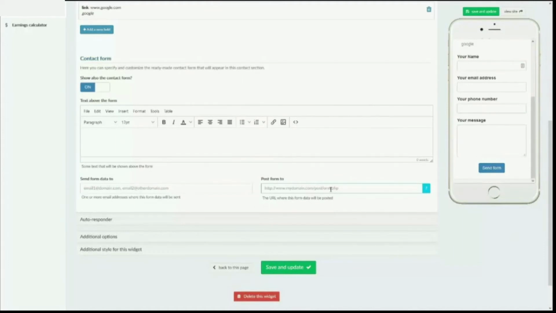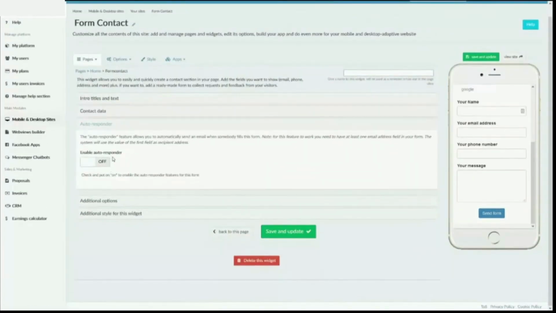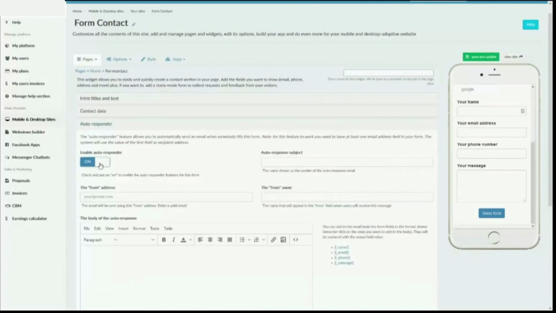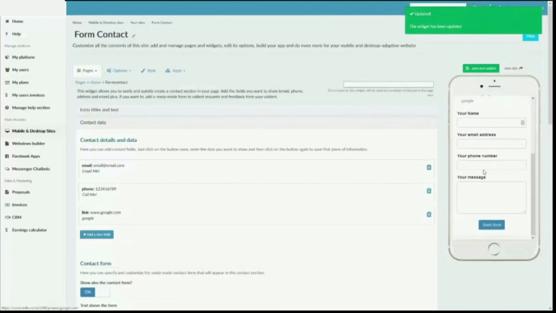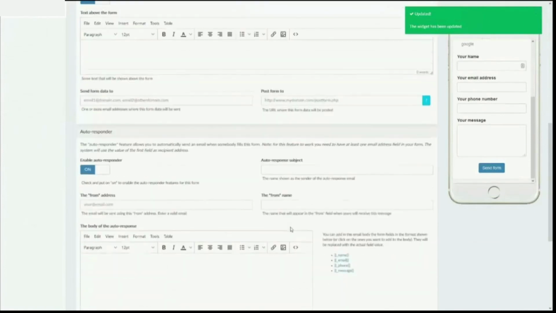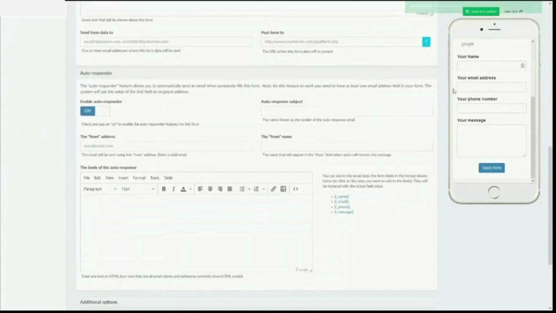And once the contact form is enabled, the autoresponder will be enabled as well. If the contact form is not enabled, the autoresponder will actually be hidden, but you would simply turn the autoresponder on if you want to enable that. What this does is automatically respond to anybody that types their email address and their message here. So if someone were to type their email address and message, it would respond with all of this